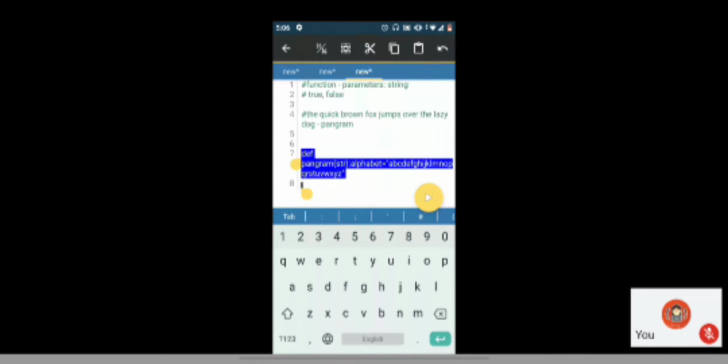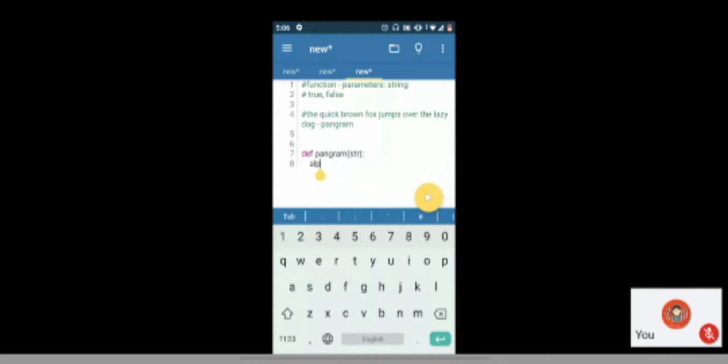Now what I'm going to check is, I will have this alphabet string which will have all the characters from A to Z. Since I want to check if the given string contains all of them, I have, suppose, alpha, just cutting short the name.